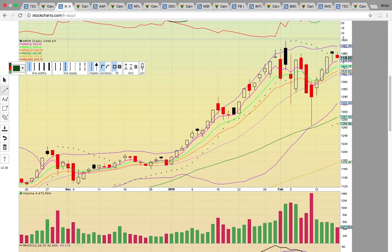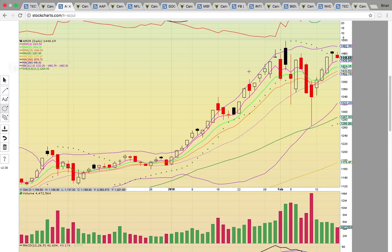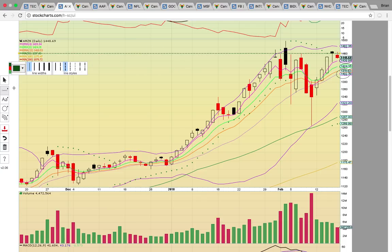And so now we're going to see if EMA 4 support is going to hold. That's the big level. It's currently at 1439. Now, if that breaks, you could see a drop down to 1424. As long as the middle Bollinger Band all the way down at 1402, that dotted purple line, is holding, this uptrend is still intact. It's just hitting temporary resistance here, and it could pull back to test that middle Bollinger Band support level. It needs to break that 1460 zone, and then it had gotten above the high close, which